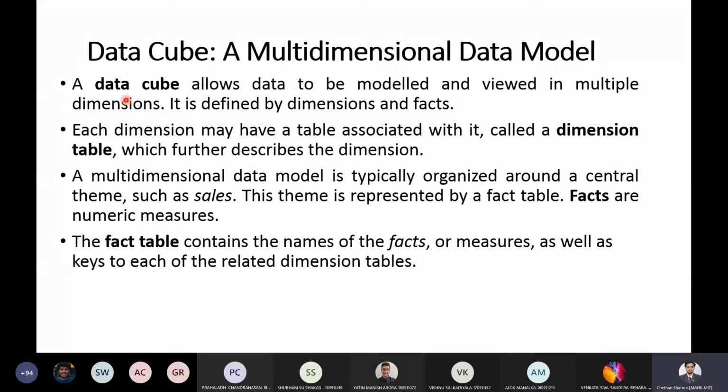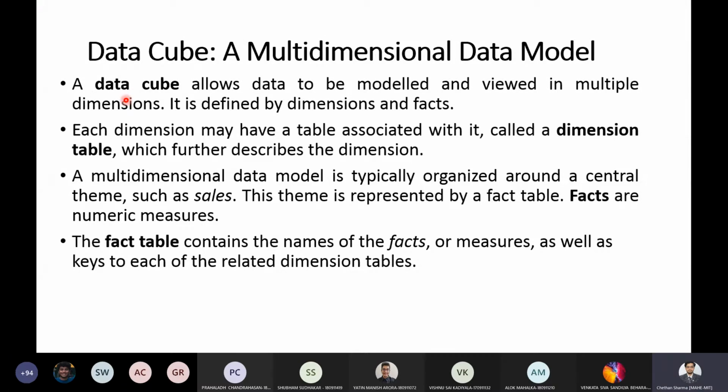Dimensions are entities with respect to which an organization wants to keep a record. For example, sales is a dimension. Sales is one dimension which an organization would like to keep a record on, because of how much sales in which month, how much sales is achieved, which item is getting sold more, or which item is not getting sold more. All these things might be of importance to a particular organization.